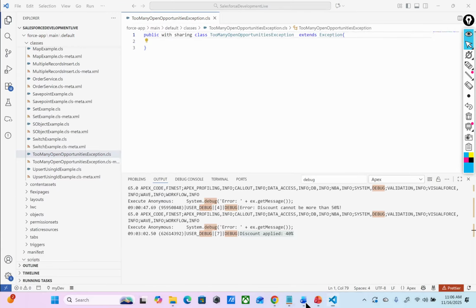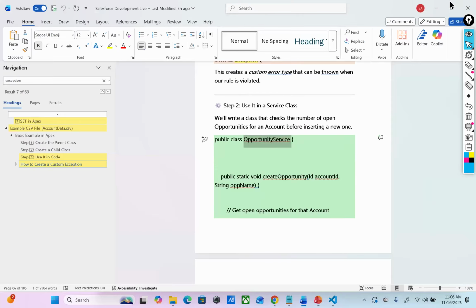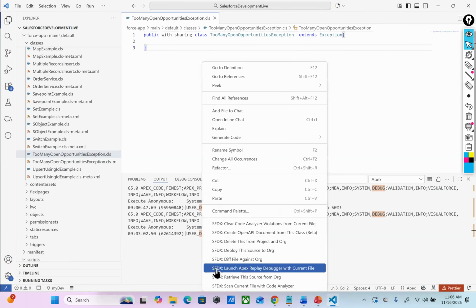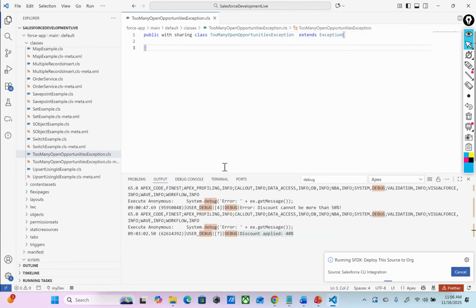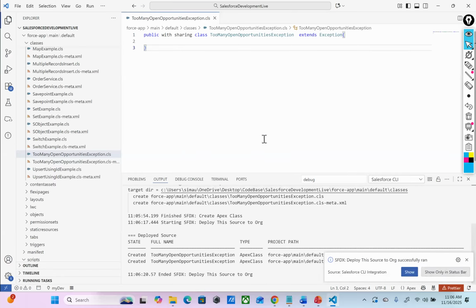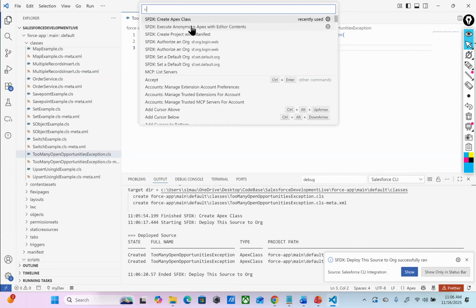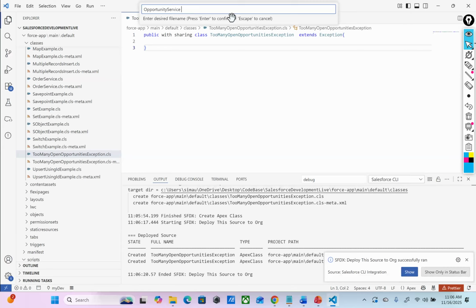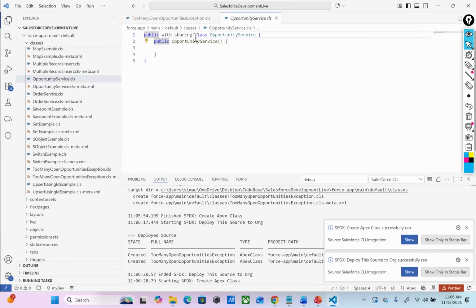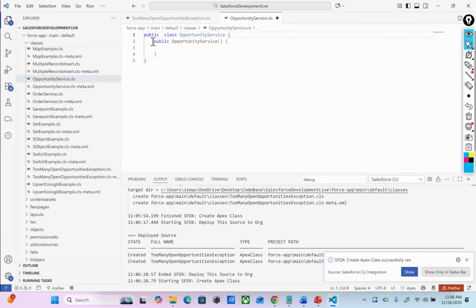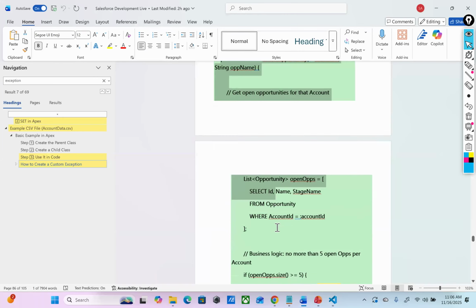And then here I'm creating an opportunity service, so I'm deploying this class to the org. Control Shift P, execute, create Apex class, opportunity service. Create another class here. Now we are creating multiple classes, and then here we will have a